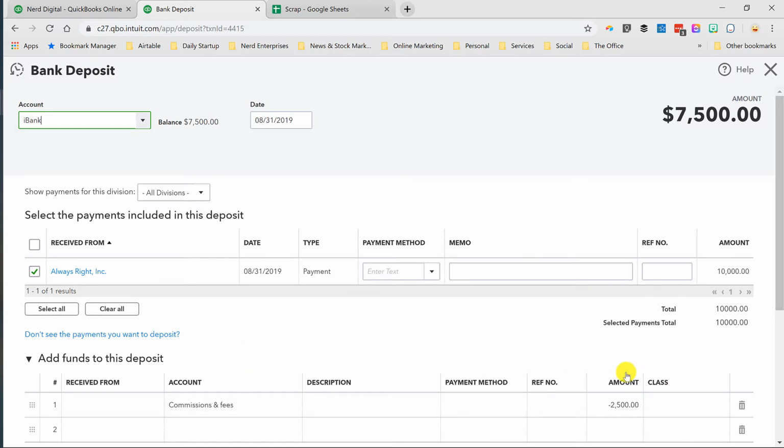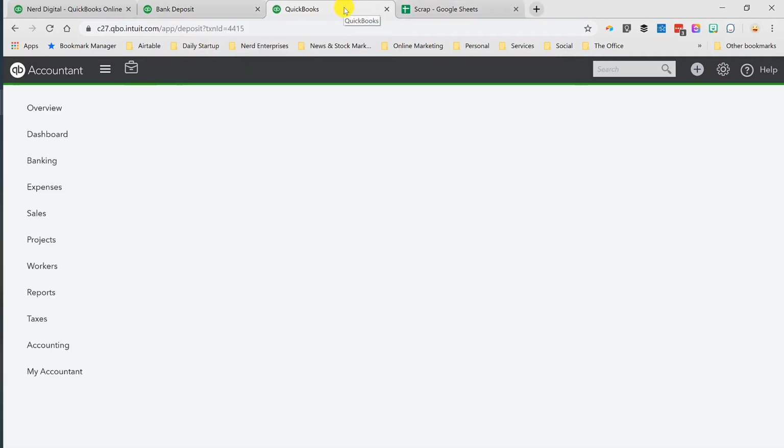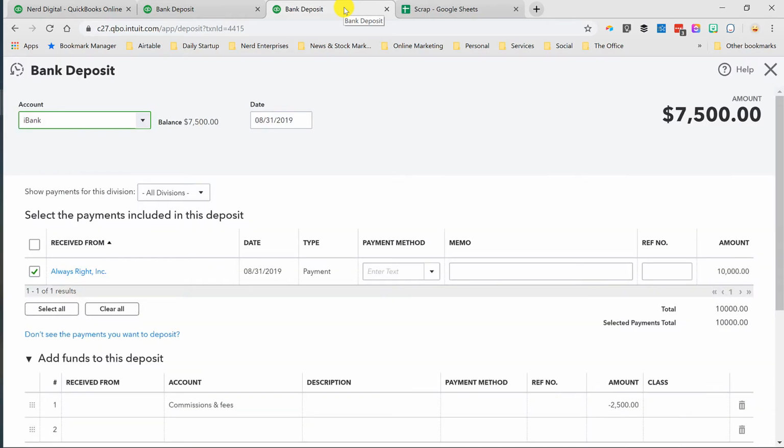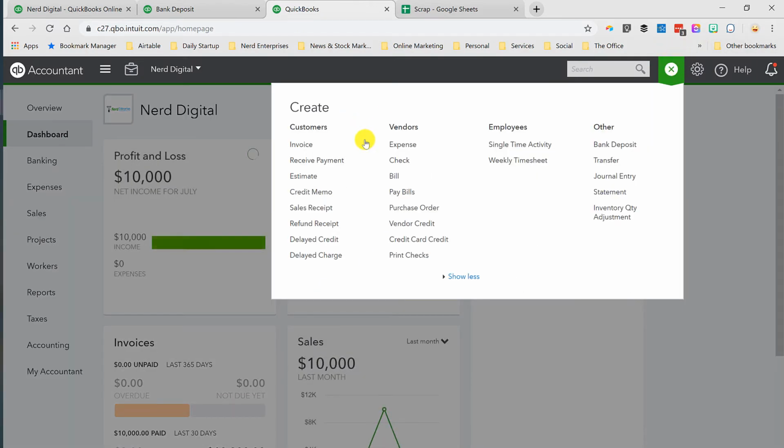So the first thing I'm going to do is hold this aside for a minute, actually. Let me duplicate the tab. A bulletproof set of books having a really clean audit trail means that, in simple terms, anything that's in the expense section of the P&L is driven by an expense type of transaction, like a bill or a check or a credit card charge, anything like that, right? So in this case, we're going to create a bill for the commission. Okay, so I'm going to enter a bill,